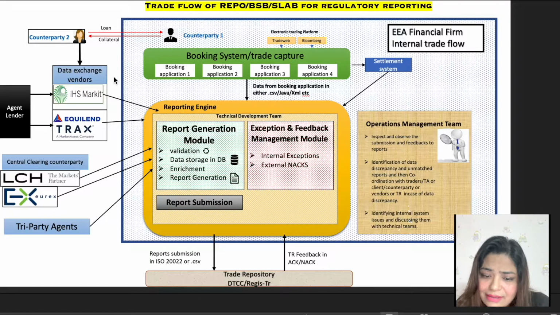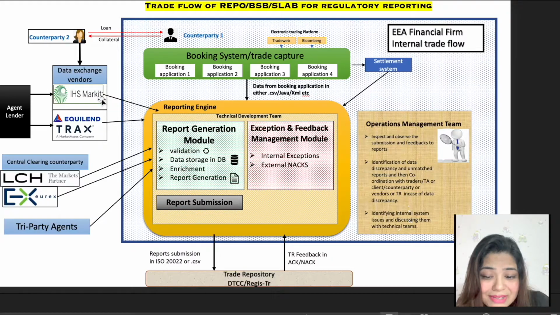Why do these other entities provide data to the reporting engine? This question might be coming to your mind. Every entity has a different function, so we will look at every entity and how it works. Take the example of IHS Markit and TRAX. Here Equivalent and TRAX are actually the same. Both have MarketAxess as a parent company. These two are vendor platforms for data sharing and pre-trade matching and pairing of the trades. Some of the firms are onboarded on IHS Markit and some of the firms use TRAX or Equivalent.